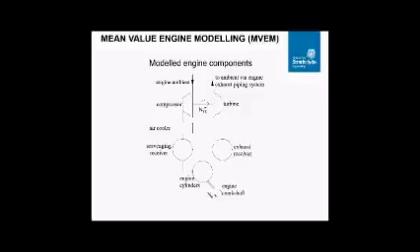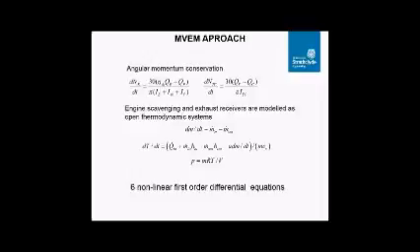We also have the engine air cooler, which is located after the compression in order to cool the hot air exiting the compressor. Also, there is a scavenging receiver, the exhaust gas receiver, and the engine cylinders. We can see that the engine crankshaft speed is represented with the NE and the turbocharger shaft speed with the NTC. Now, for the calculation of measurements, we use the angular momentum conservation equations, where with the Q we represent